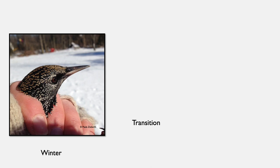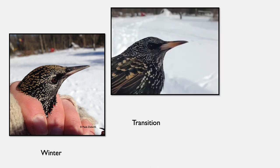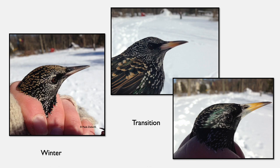I cannot tell the sex of it. Here is a female European starling whose bill is just beginning to turn yellow in the center. As the bill transitions, you can tell the sex by the color of the bill as it goes into the face. I know this is a female by the pinkish tinge at the base of her bill. This third picture is a male that has transitioned a little further into the yellow bill color, and you can tell he is a male by the bluish tinge at the base of his bill. So pink for girls and blue for boys, very easy to remember, and these colors maintain themselves during early breeding